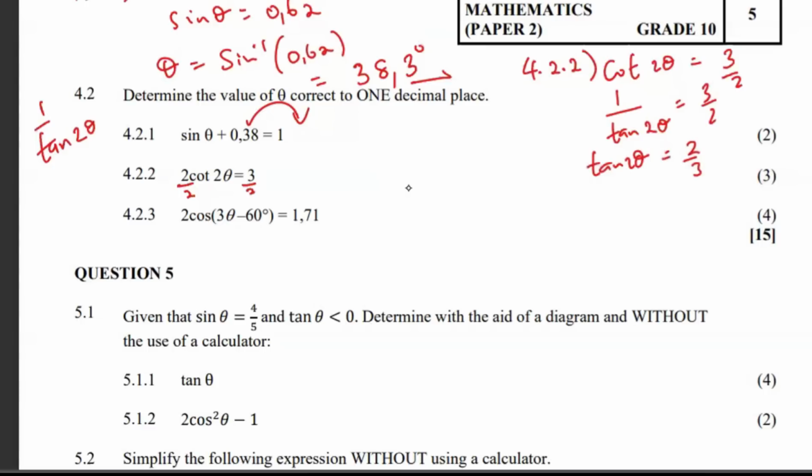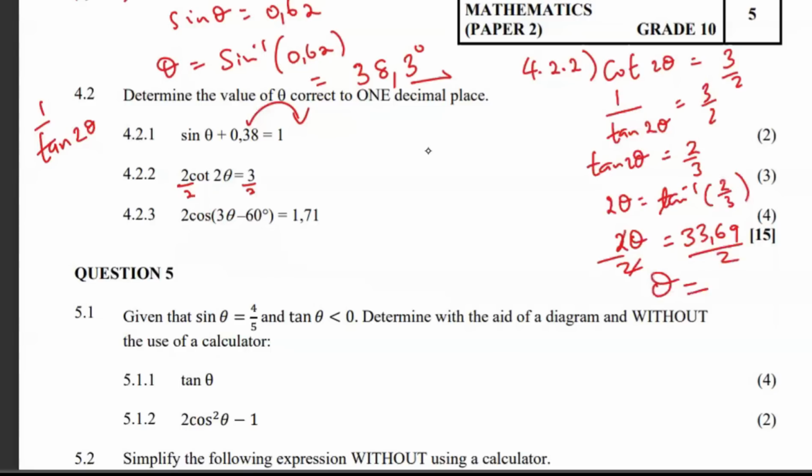Then what I'll have to do is find the arc tan, which means 2 theta should be equal to shift tan of 2 over 3. That gives me 33.69. Then I can divide both sides by 2 and then round off my answer to 1 decimal. Divide that by 2, I'm getting